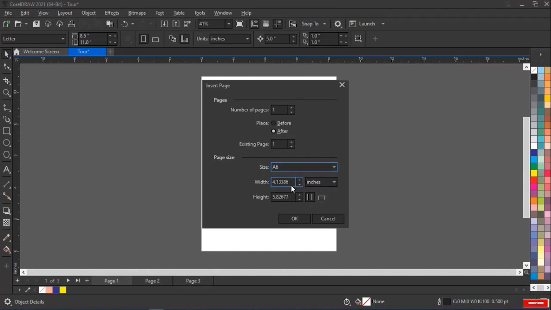Now we can select the width and the height. If we don't want A6, we can just customize it right here. The measurements, which you already know. Then maybe we should make it a landscape, so it will be different from other pages we already have. Okay,